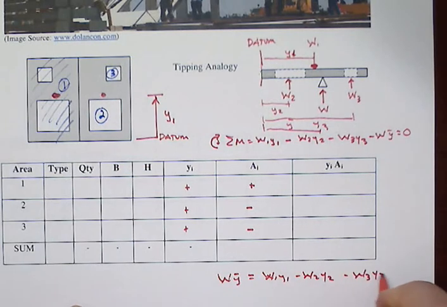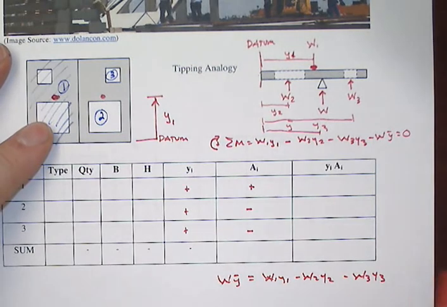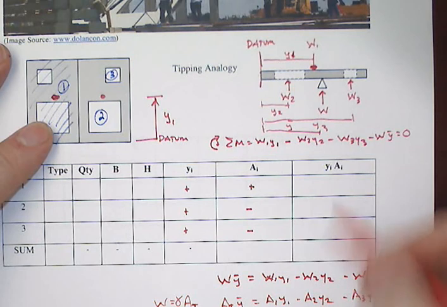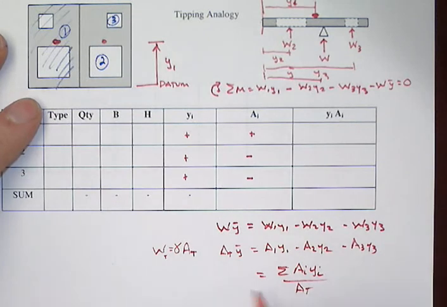And there you say, well, that's weights, that's how I find a center of mass, but what about this idea of center of area? Notice that these weights are just equal to the unit weight times the specific area of that object. And so the gammas would all be the same, they'd all cross off, and we'd have our total area A times y bar equal to A1 times y1 minus A2 times y2 minus A3 times y3. In other words, the sum of all the Ai yi, if we're letting the area itself become negative, divided by that total area, is what's going to give us our centroidal